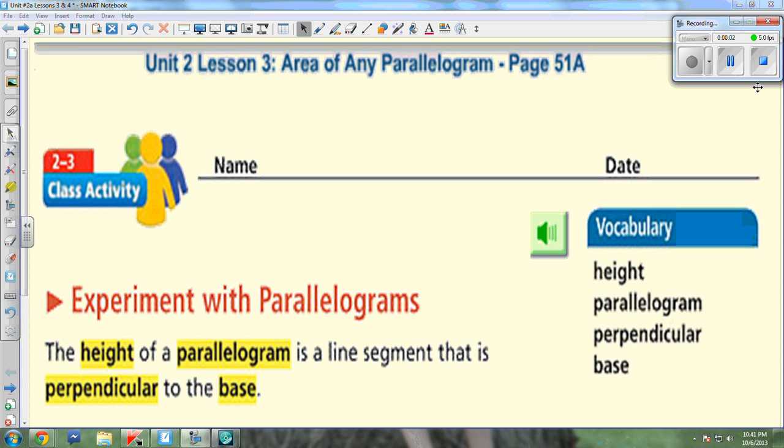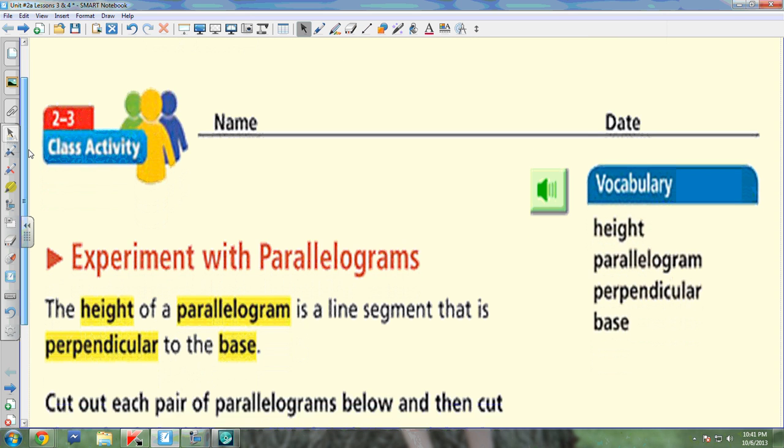Well, welcome back. Tonight our lesson is Unit 2, Lesson 3, and Unit 2, Lesson 4. Area of any parallelogram, page 51. So go ahead and jot that into your black notebook. This first page here wants you to cut out,